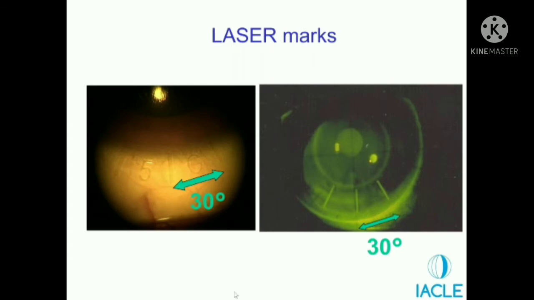So we have done the spherical cylinder combination, everything, and we have done the fit assessment also. And we believe that the fit of this lens is fine. Now the last and probably the most important step in terms of toric contact lens ordering is you need to look at how the lens is settling on the eye. So we need to look at these scribe marks or laser marks. Now, as I said, different brands will have different types of marks, but to make it easy, we will choose this kind of marking where there are 3 marks at 5 o'clock, 6 o'clock and 7 o'clock position.